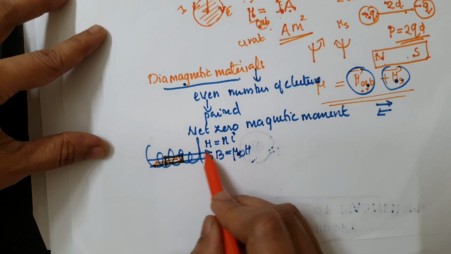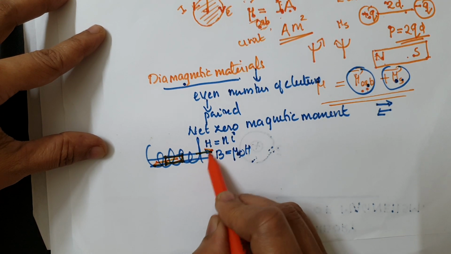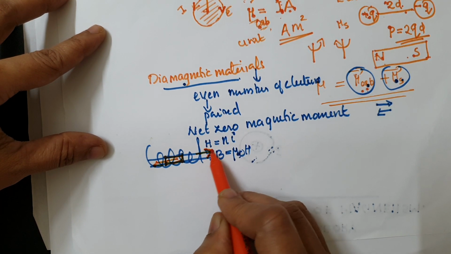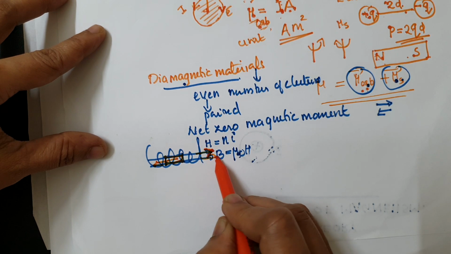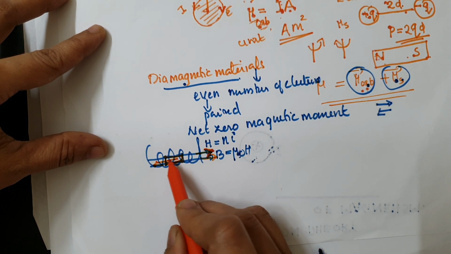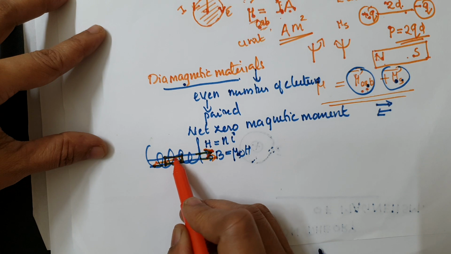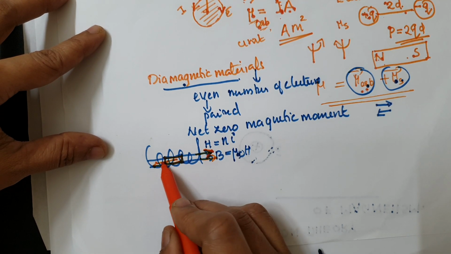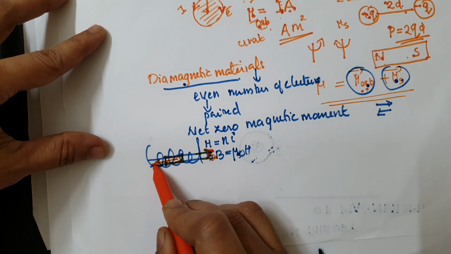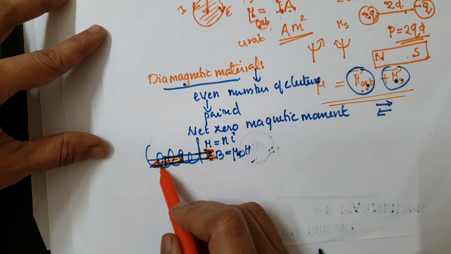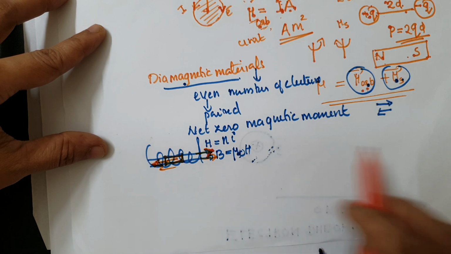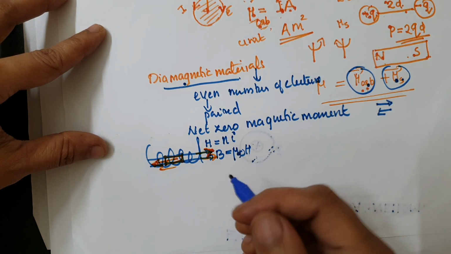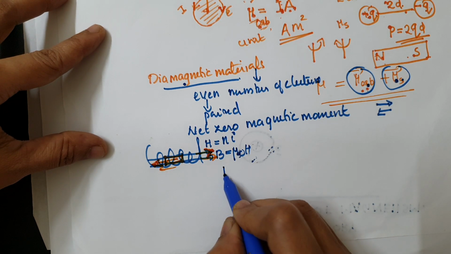That is, the solenoid produces an external magnetic field in this direction, and because of inserting the diamagnetic material into this magnetic field, it has a magnetic moment which is oriented in the opposite direction, and the net magnetic field, that is, the B net